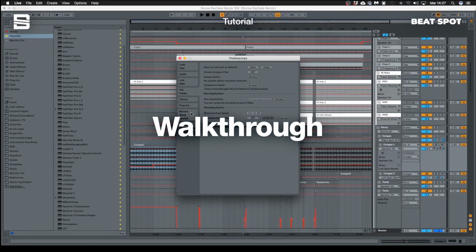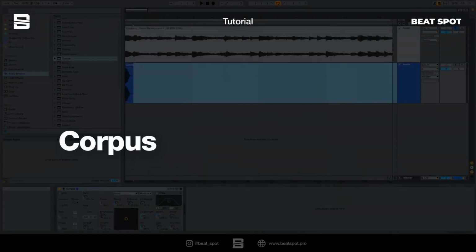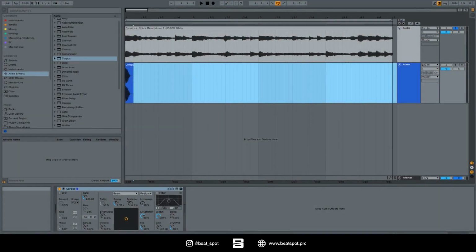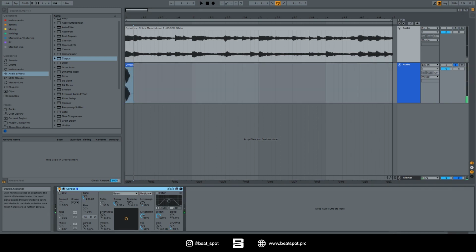In this video we talk about Corpus. What is Corpus? Corpus is a resonator. Simply, when you feed some signal into it, it generates a sound and layers it with the input signal. So we have this kick, and if we turn it on,